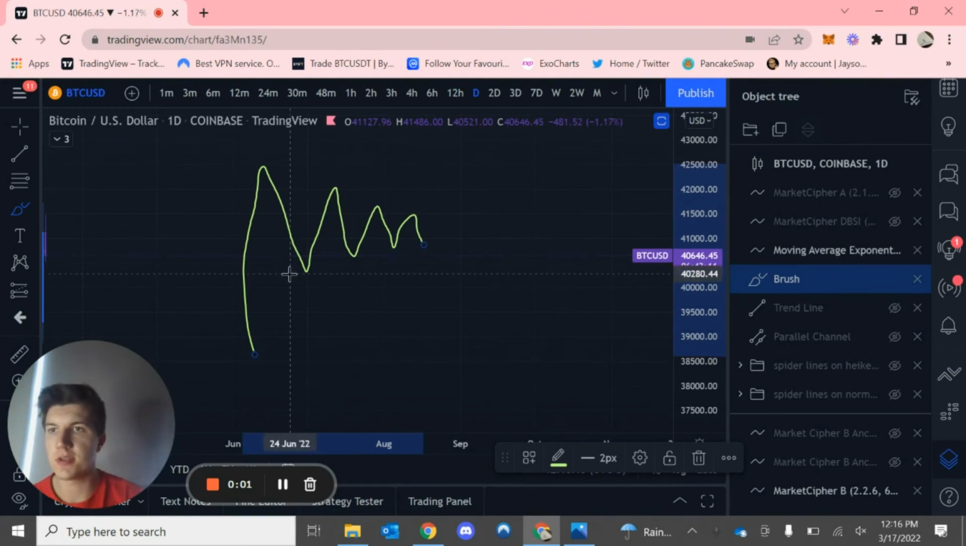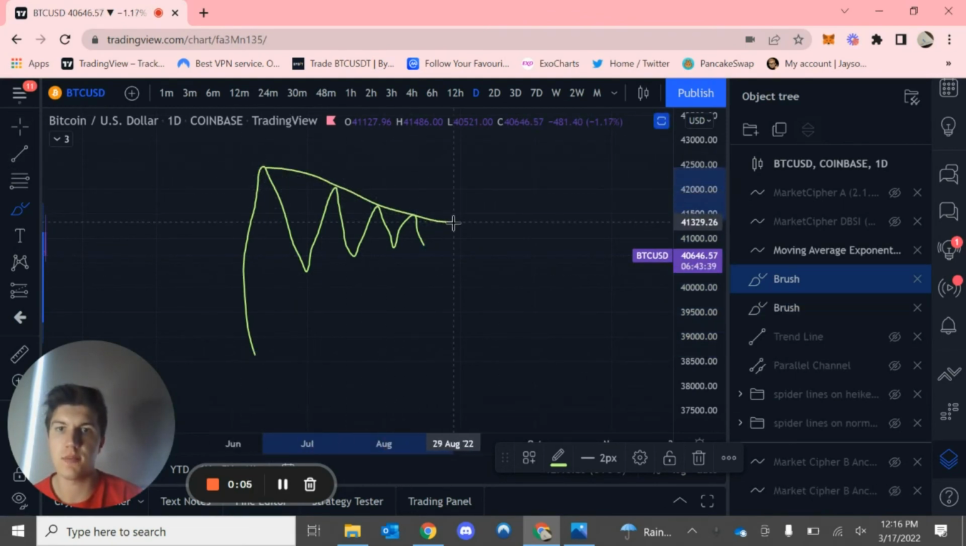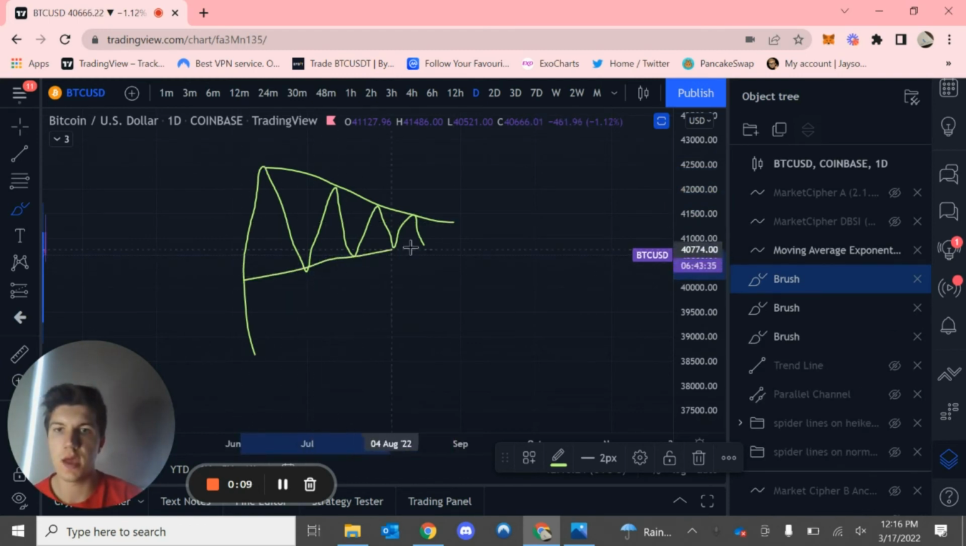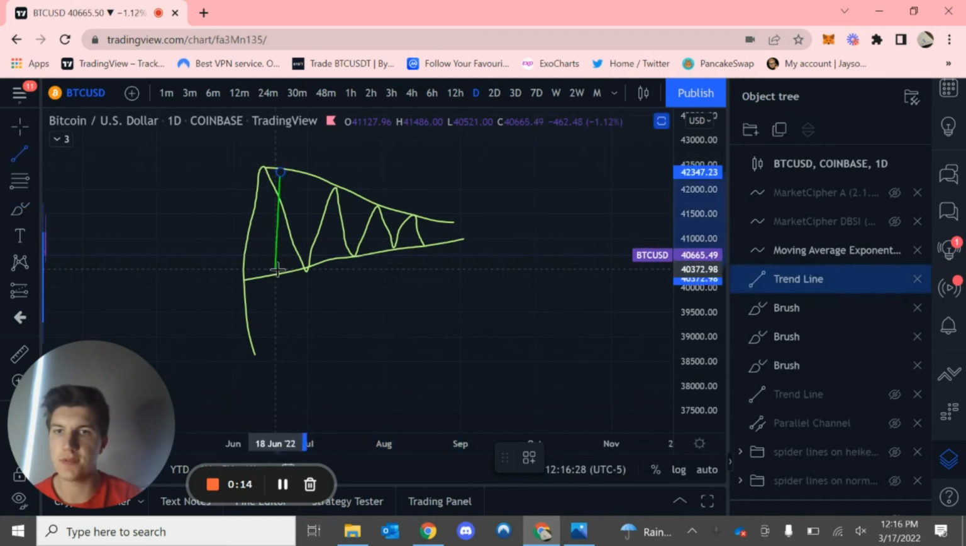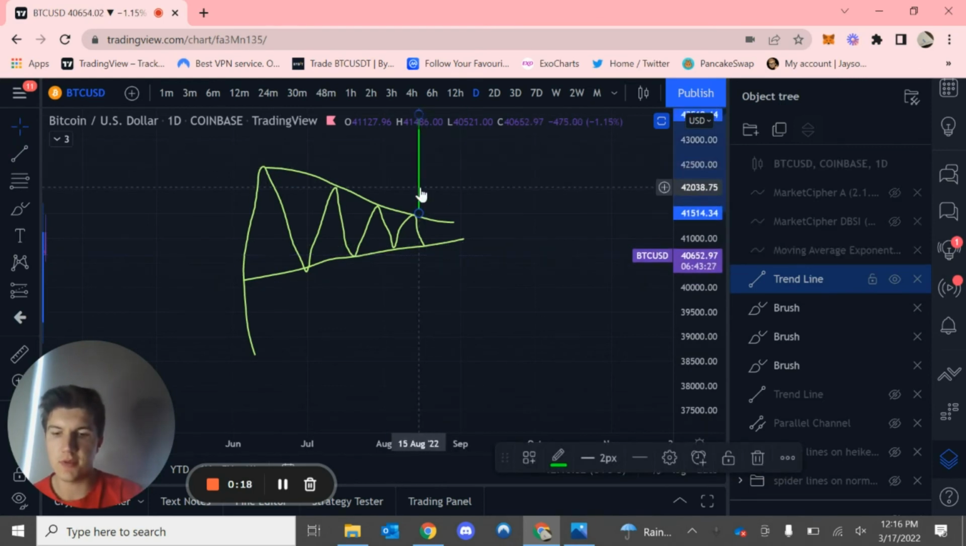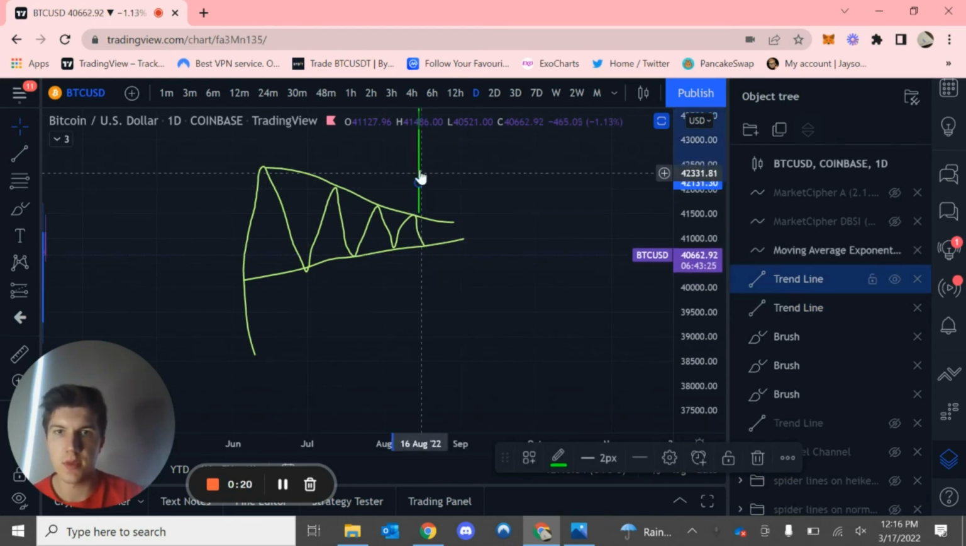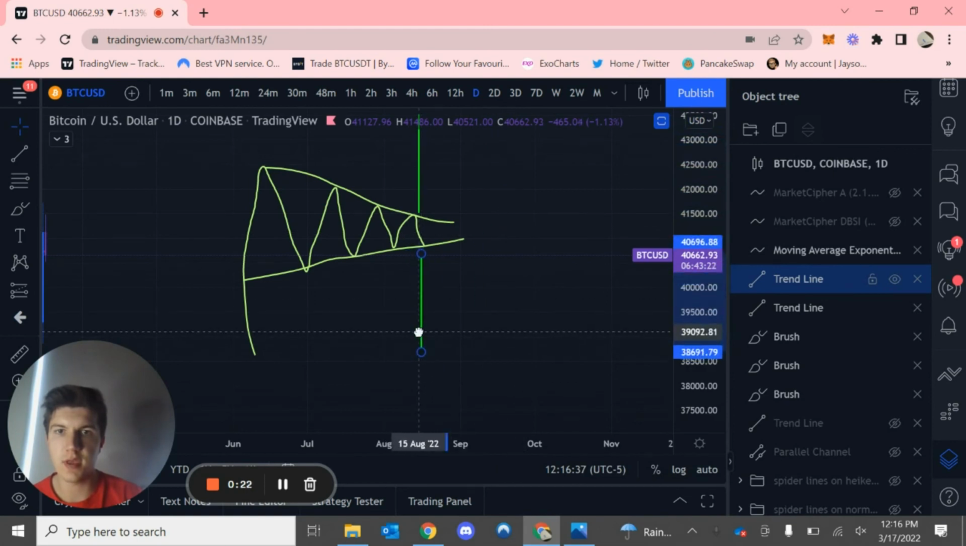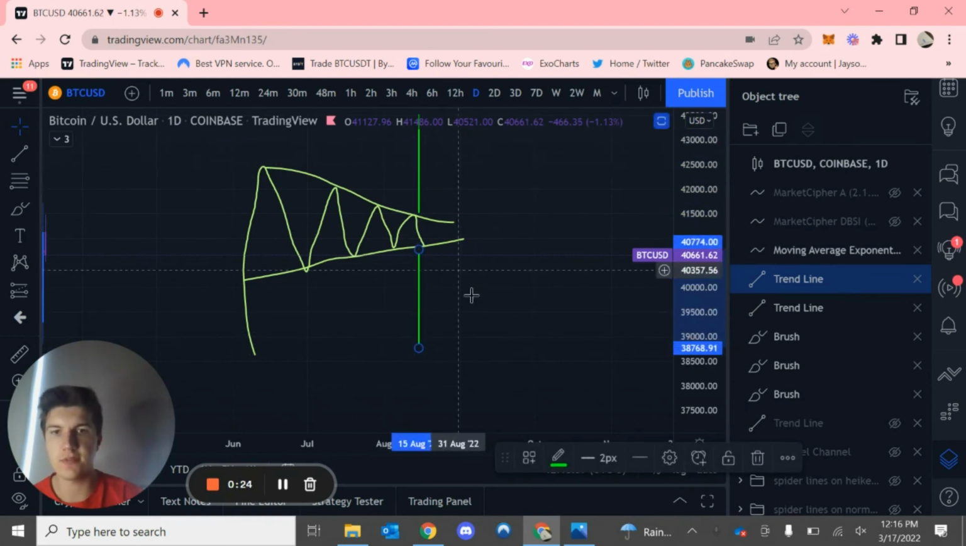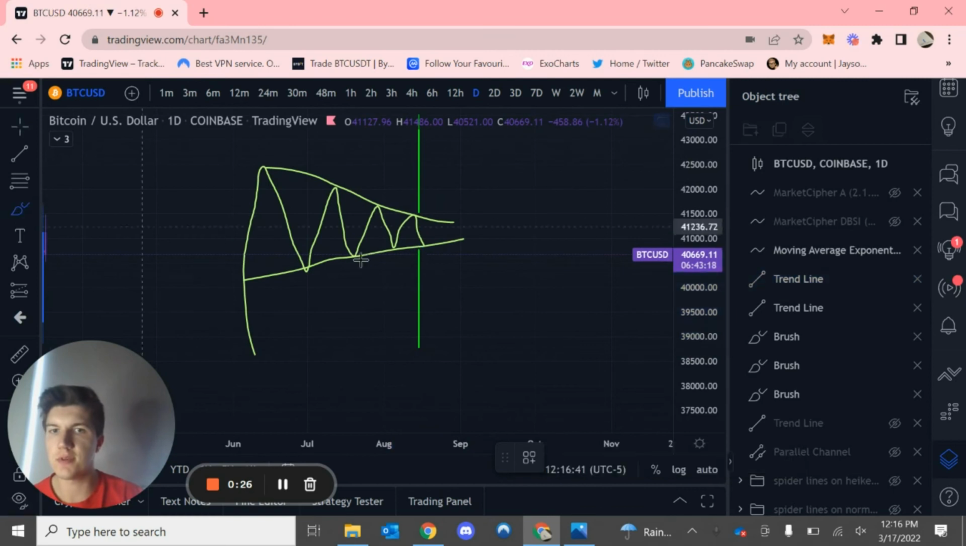Next is a symmetrical triangle, where we have price just kind of consolidating, making lower highs, followed by higher lows. And so again, take the height of this symmetrical triangle, point it to the upside if it does break to the upside, point it to the downside if it breaks to the downside. Again, wait for a rejection of the